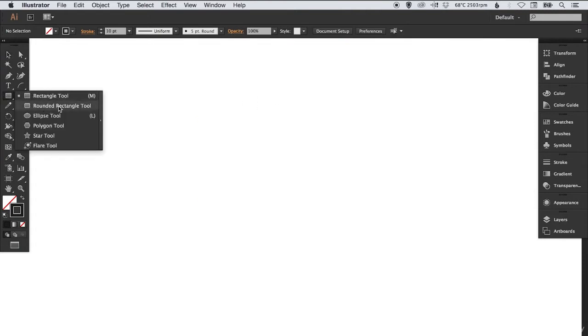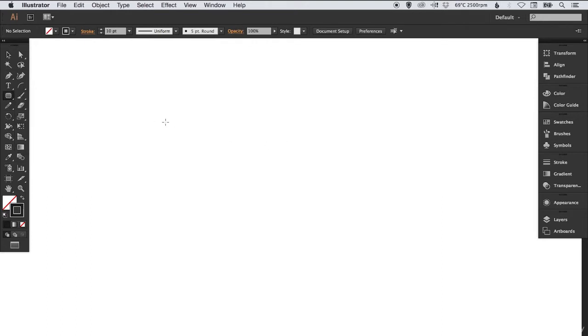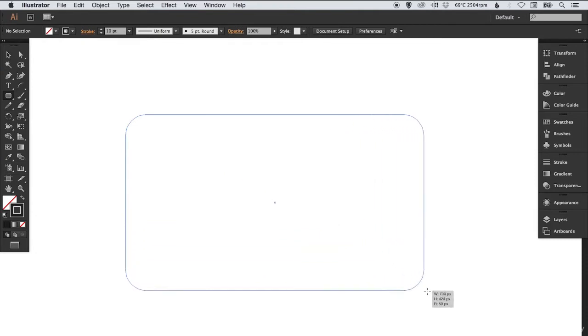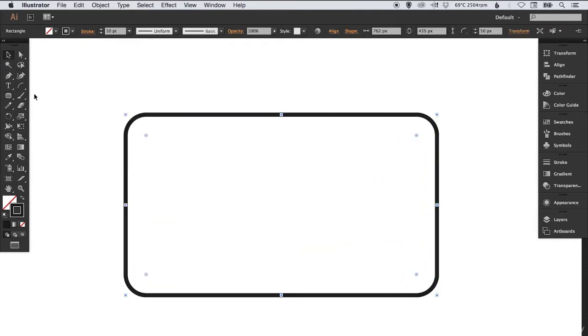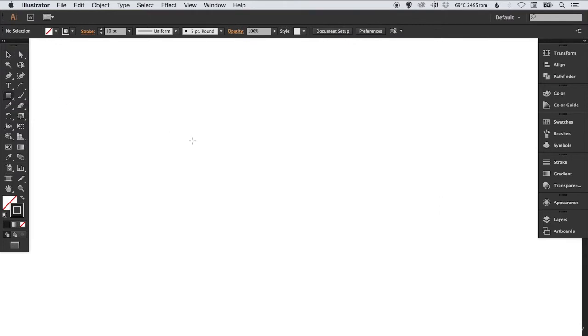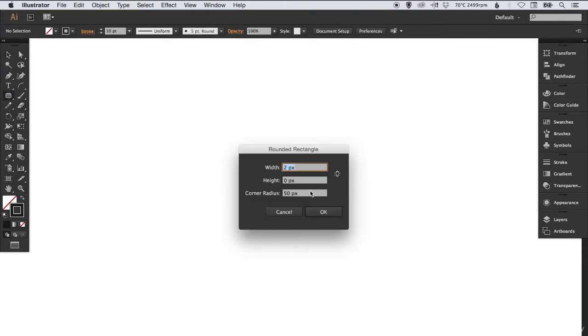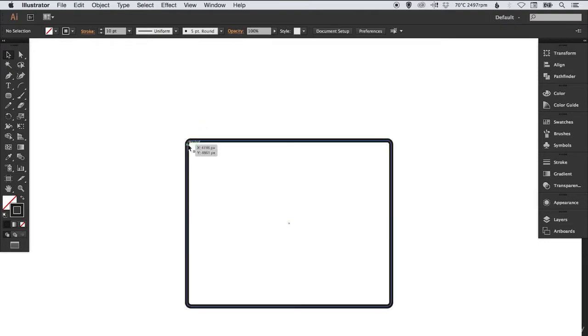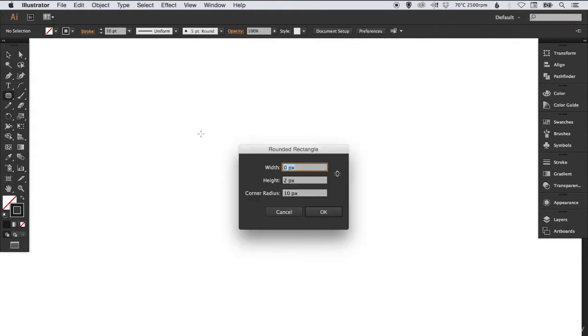Similarly to the rectangle tool, we've got the rounded rectangle tool. If I left click and create this, you'll see that the corners are rounded off. So if I left click on the artboard, I can specify a corner radius of, let's say, 10, and a width of 500, and a height of 400. And you'll see that the corners are quite small. If I create that same shape again, 500 width, 400 height, and create the corner radius of 50,